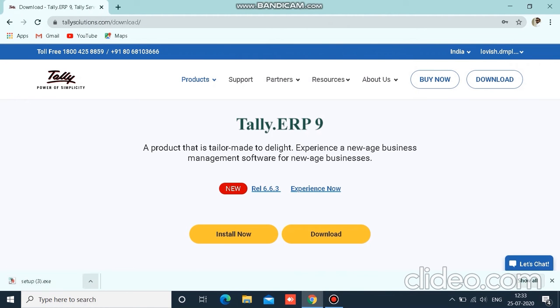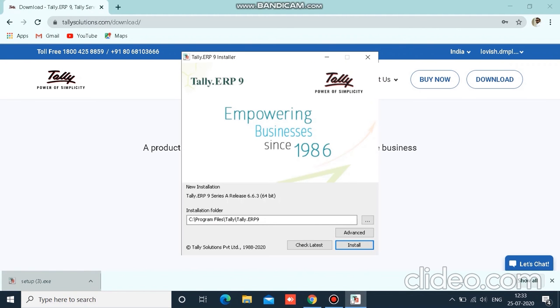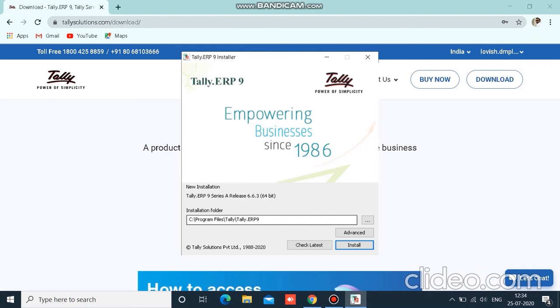Now to install it, I simply click on this setup and it will start opening. As soon as the setup opens, there is an installation folder path showing in the setup, which shows where Tally is going to be installed on our PC. We have to delete this path as it is going to install in the C folder. We never recommend installing Tally in the C folder, as whenever the Windows of your PC crashes, your Tally will automatically get deleted and you have to reinstall Tally every time you reinstall your Windows.